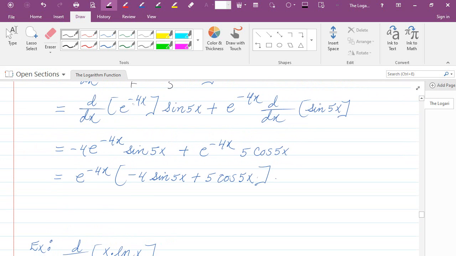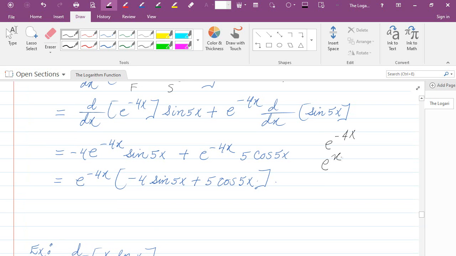Well, if you look at e to the power negative 4x, that's the composition of e to the x and negative 4x. That is, e to the x is the outside of that composition and negative 4x is the inside. So the derivative of e to the negative 4x would be